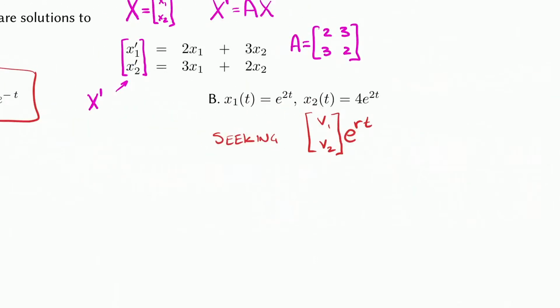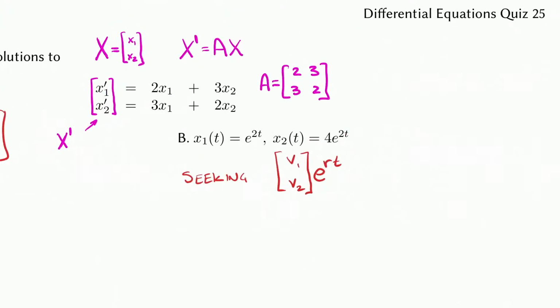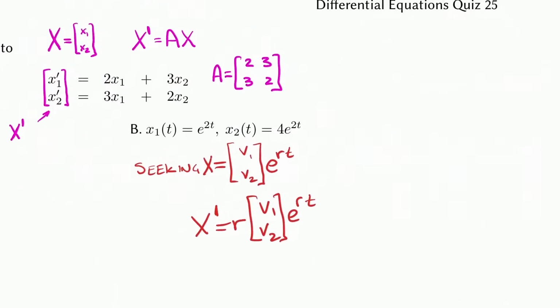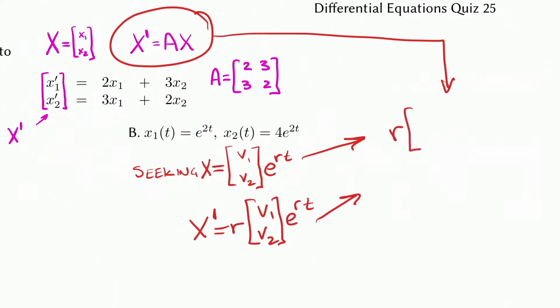So the way we're going to do this is we're going to actually plug this in, very much like I did last time. So let's try it out. So x equals this. X prime is r times this vector, whatever it is. Those are numbers. We'll worry about that later. Times e to the rt. So notice what we're trying to figure out. We want to find the situation where this is true. So x prime, r times this vector